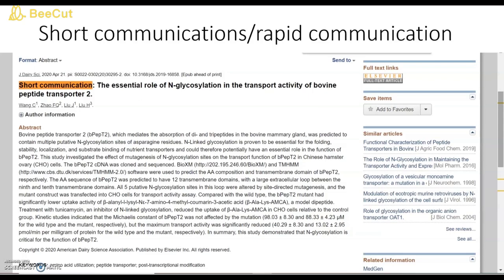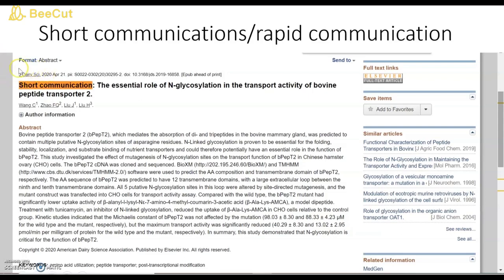For its guidelines, that particular journal has to be referred to. Okay, suppose you want to publish your work in Journal of Dairy Science, then in that case just go to the instructions for the author section. Inside that you will find what the formatting is, how it is to be done, the guidelines. Every guideline you have to read thoroughly at least 2 to 3 times before submission to any journal. Okay, so this is the very first type, which is short communication or rapid communication.